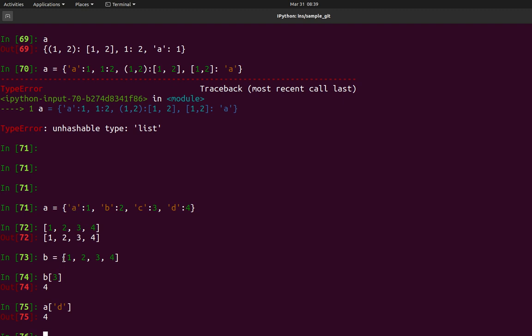To avoid this kind of problem, let's say you have thousands of elements, you cannot remember all the indexing values. But in dictionaries we can directly see what the key value is. If you have 10 elements, you have to count the index of any value, but here you don't have to count it, you can just see the key and use that particular key to get the value. So this is the major difference between lists and dictionaries.